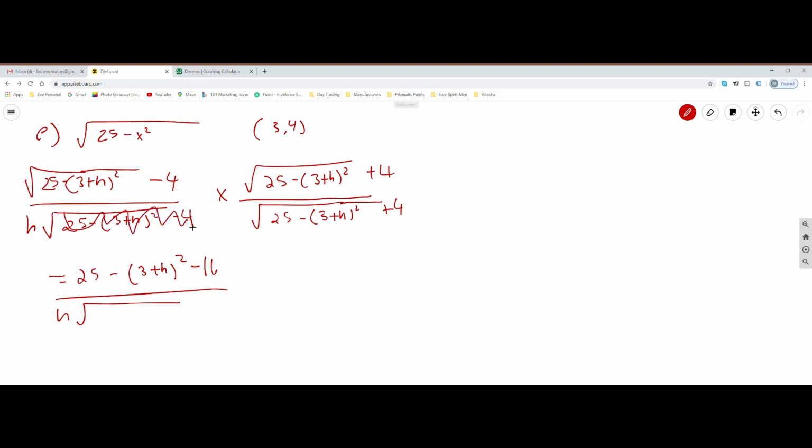So it's 25 minus 3 plus h squared plus 4 equals 25 minus 9 minus 6h minus h squared minus 16 over h